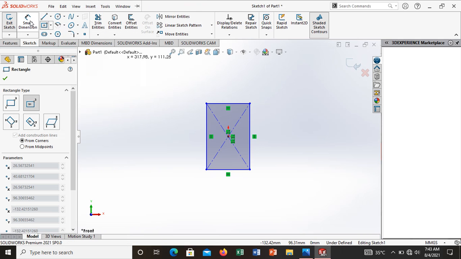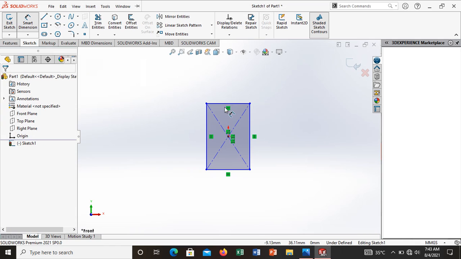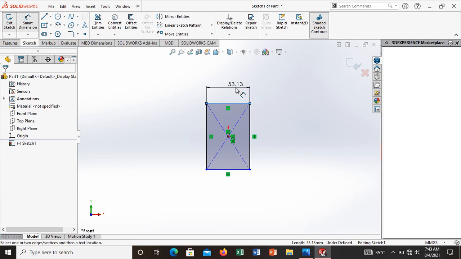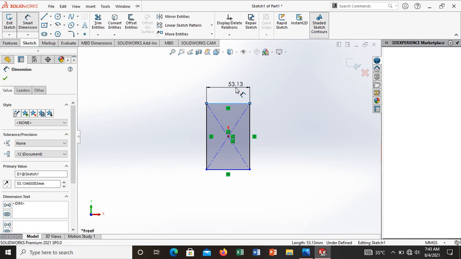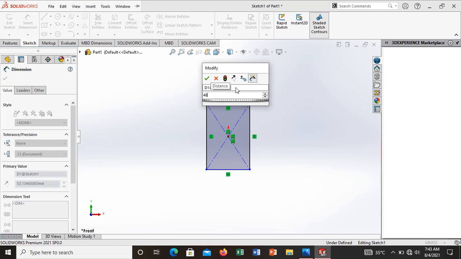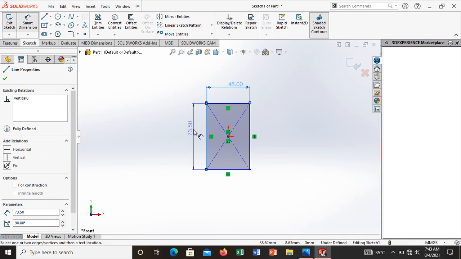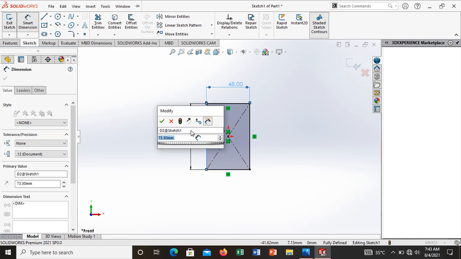First of all, fix the dimensions. Here, this is 48, 48, and the height is 96 minus 18.